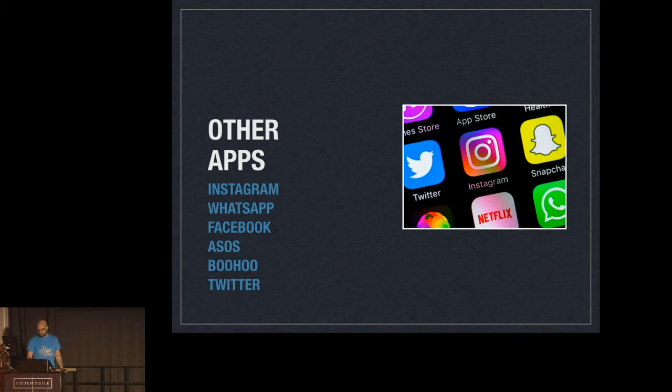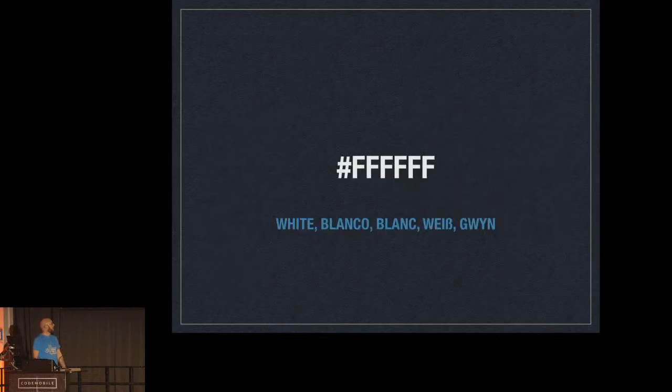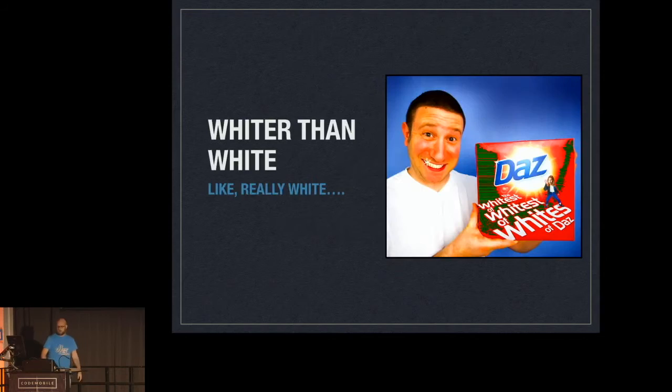Majority of them, the predominant colour is white. And when I say white, I'm not just talking about any white, I'm talking about the whitest white. It's natural, we put things on a white background, and there's nothing wrong with that, don't get me wrong. It's just what we do. Obviously, Twitter is one of the apps that does have a dark mode.